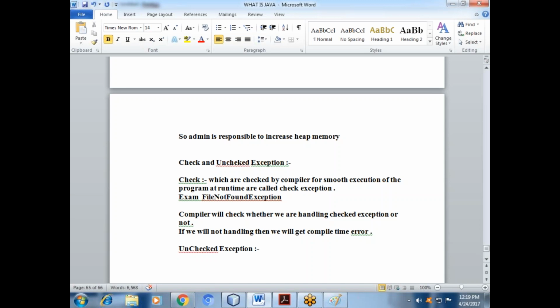So whenever you write an exception which is not checked by the compiler, whether the programmer, whether the developer handles it or not, it is called an unchecked exception.